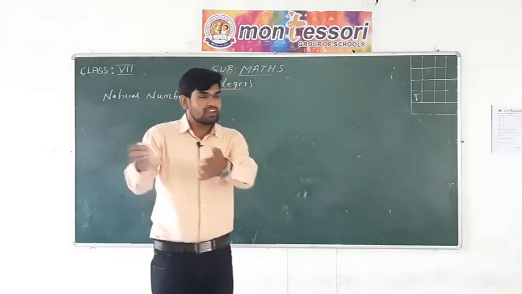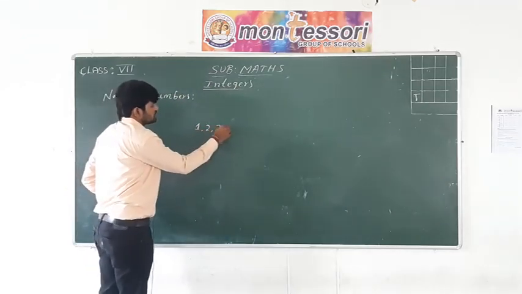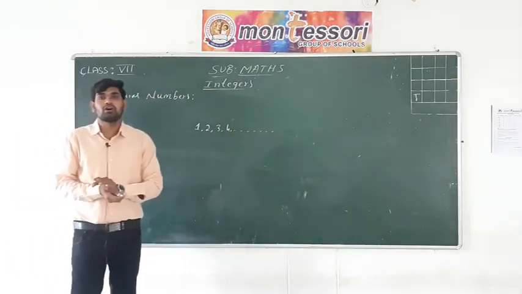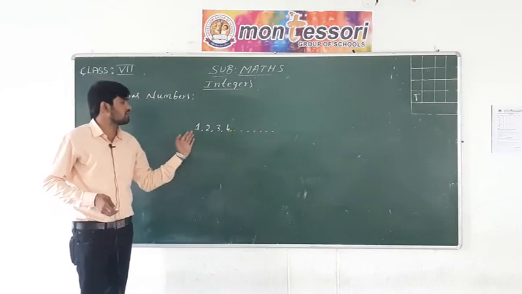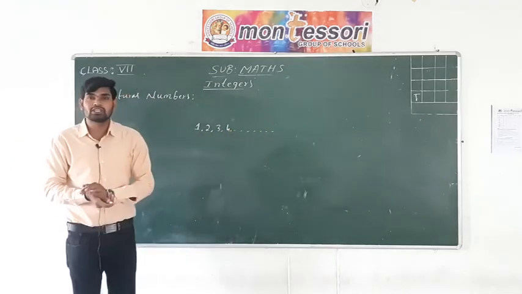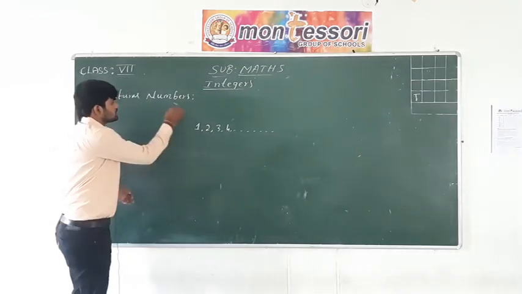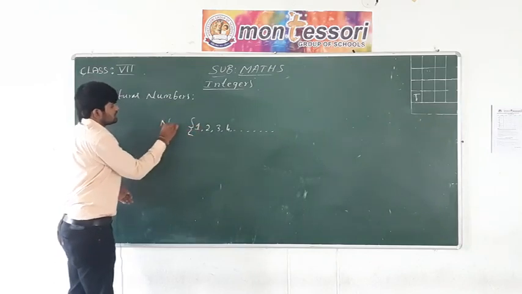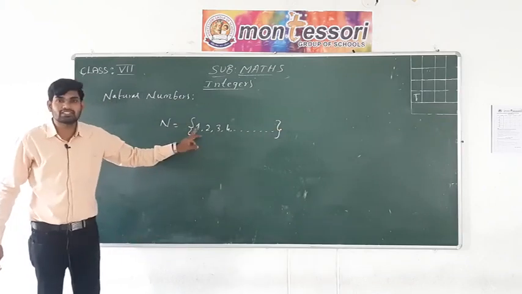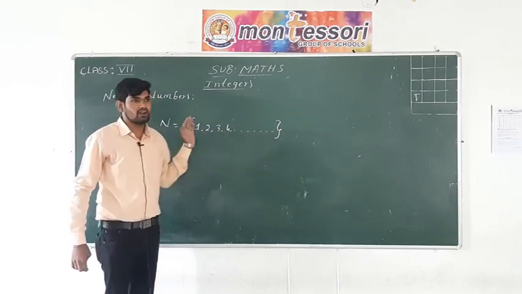If there are 5 or 10 benches, we can say 1 bench, 2 benches, 3 benches, 4 benches, and so on. Here the natural numbers are called the counting numbers. The counting numbers begin from 1, 2, 3, 4 and so on, and these numbers are used for counting objects or things and for calculation purposes. We denote the natural numbers with a capital N. What is the smallest natural number? The smallest natural number is 1, and we can't say what the greatest natural number is.